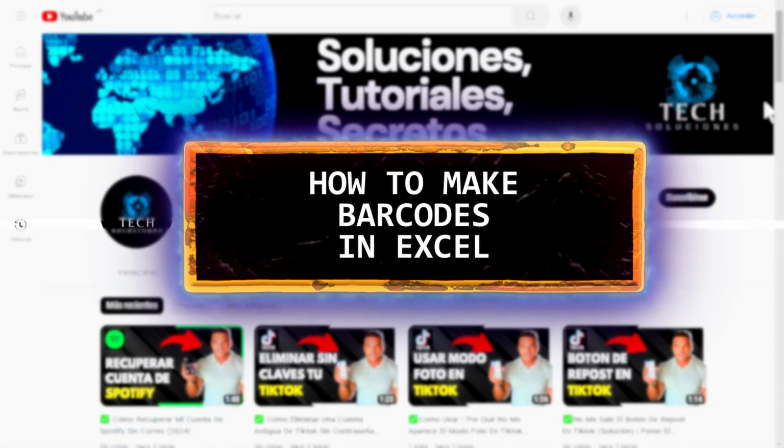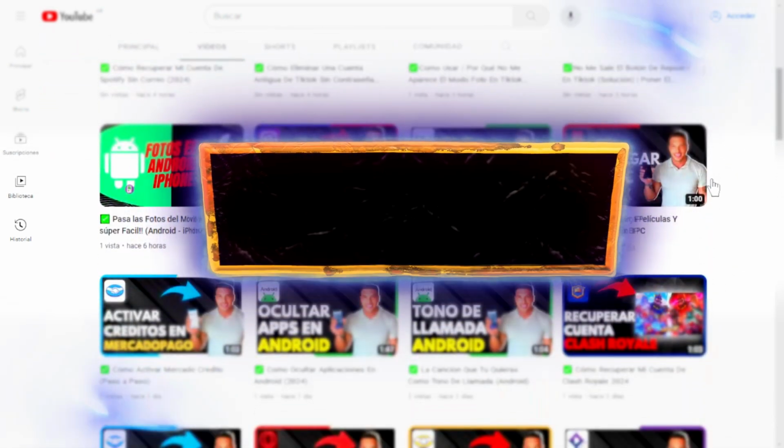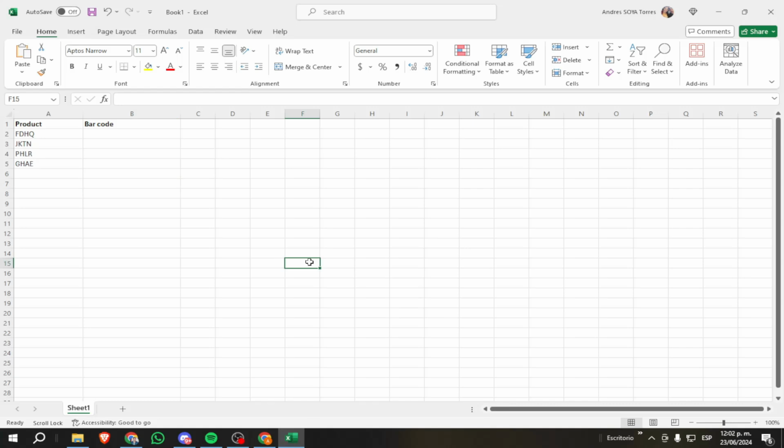Today I will teach you how to make barcodes in Excel. So if you want to learn how to do this, stay until the end of the video where I will show you how. The first thing we need to do is open our Excel document with the text we want to turn into barcodes. Once we have done that, we will go to our browser and search for ID Automation